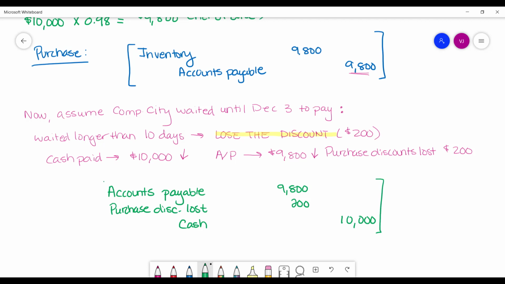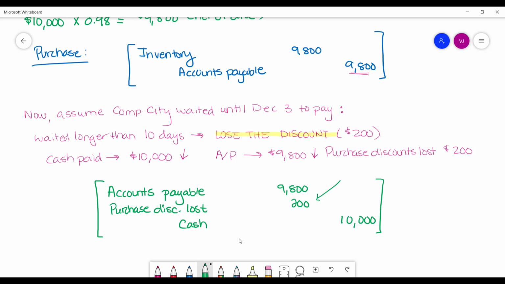So when we record purchases at the net cost method, you anticipate you'll take a discount, but when you miss the discount, you actually have to record the amount of discount that you ended up losing out on. This is why we say well-managed companies do it this way, because managers can look at this account and keep track specifically of how much discounts they're not taking. If this account grows and grows, that will indicate that something needs to be done to get them back on track so they're taking as many discounts as they possibly can.